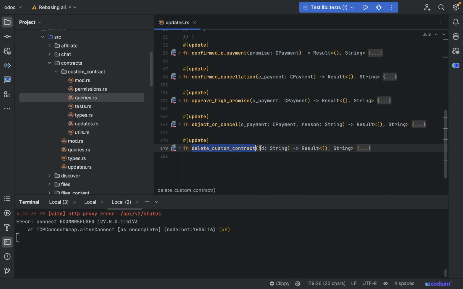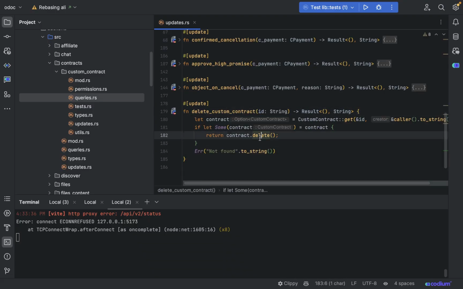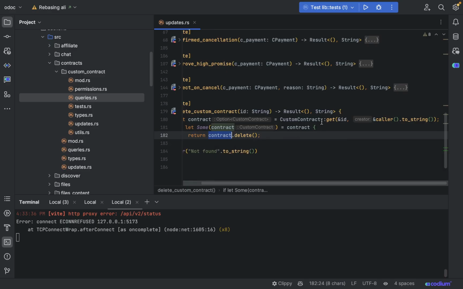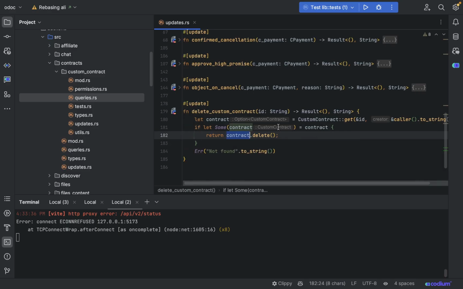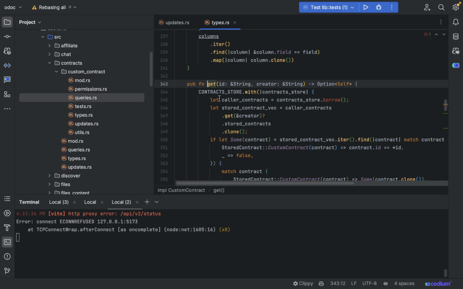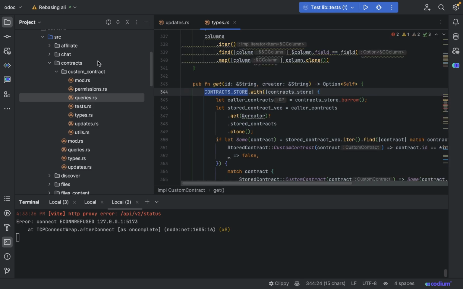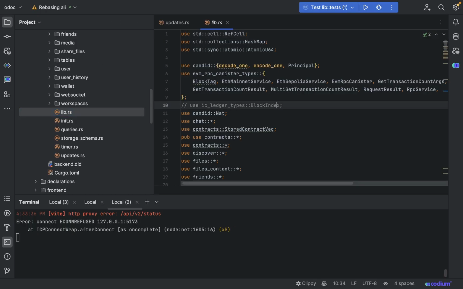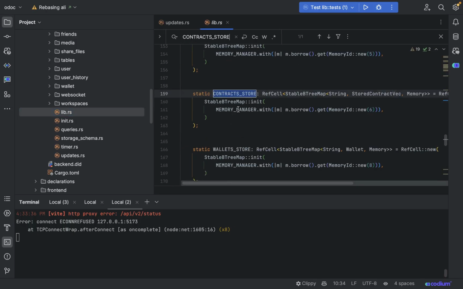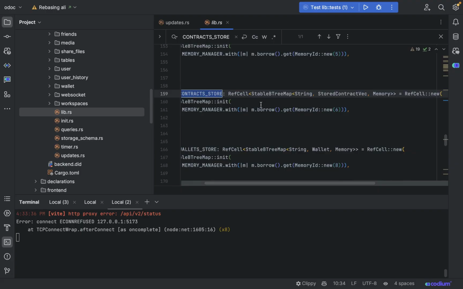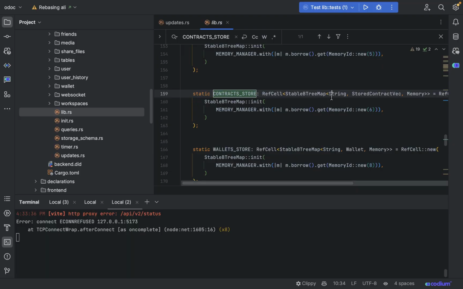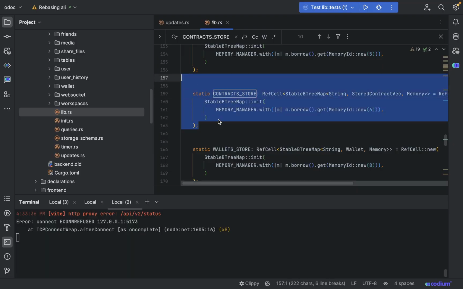You have delete custom contract. You enter the ID, then it will call this method. So you can see I'm not calling any static here. I'm calling the statics inside the struct. So you go to the struct here, you will find contract store. And if you go to the lib.rs, you will find the contract store right here. I am defining it using the stable IC stable structure, and I'm using this memory, and I'm defining multiple statics